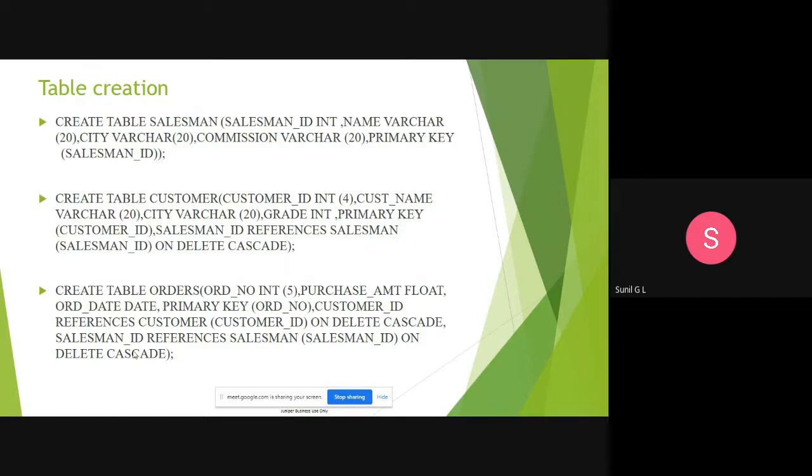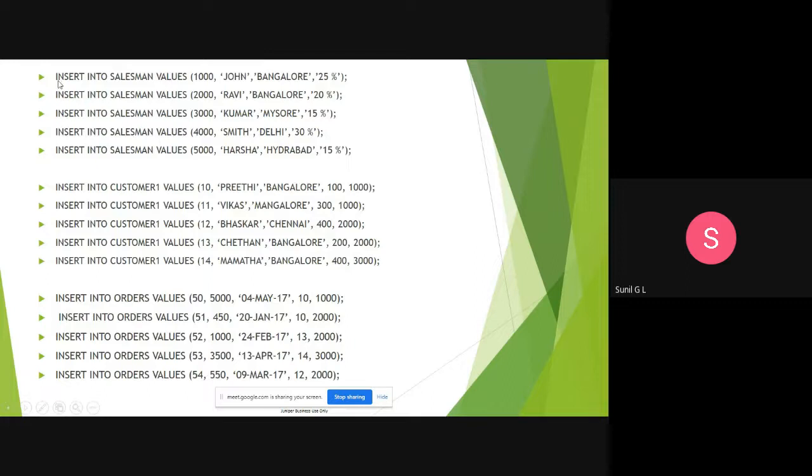After that creation, we need to insert the values. For that we will use the command insert into table name, that is salesman values, and these are the values we are giving according to whatever attribute sequence we have used in the create table command. We need to insert the attribute values in the same sequence. Like that we need to insert values for salesman and customer. When you are inserting order values, the foreign keys, salesman ID and customer ID, will take their values from the customer table and the salesman table. Once you insert all these values,